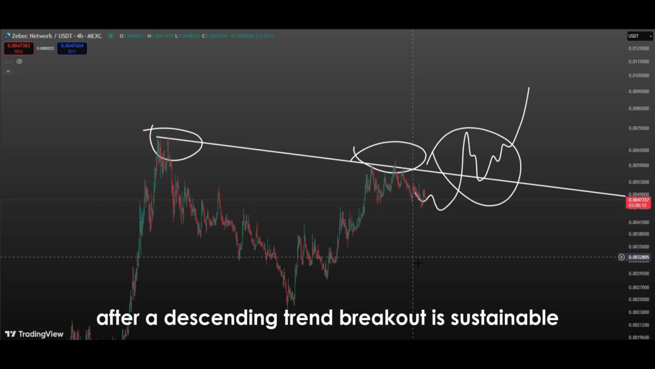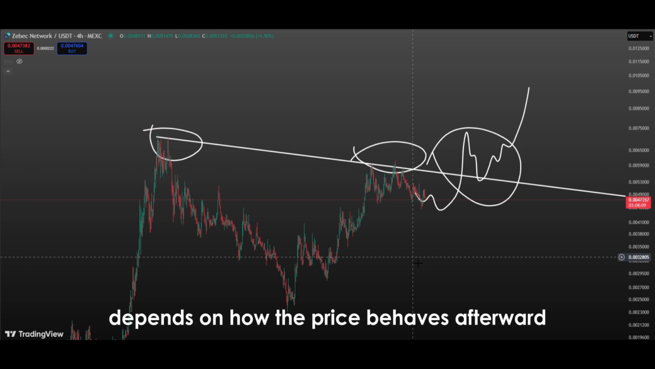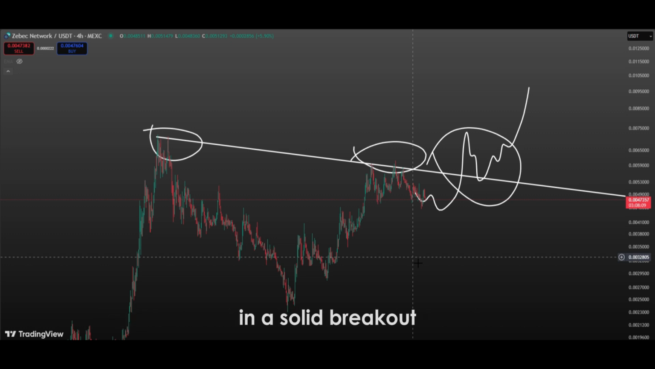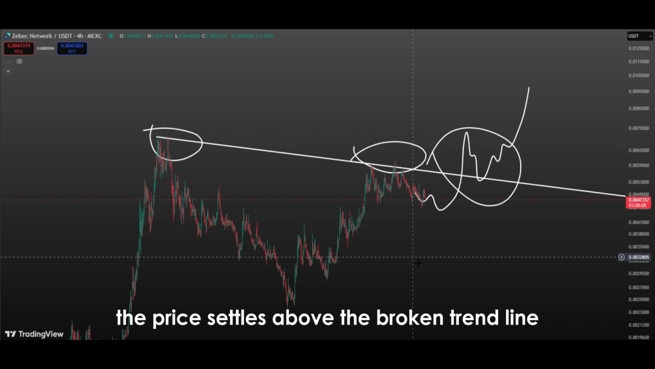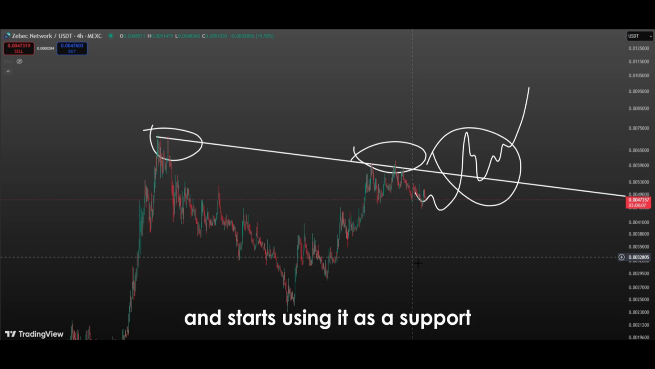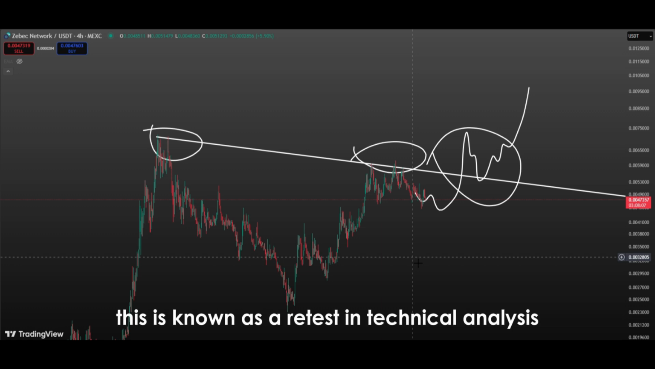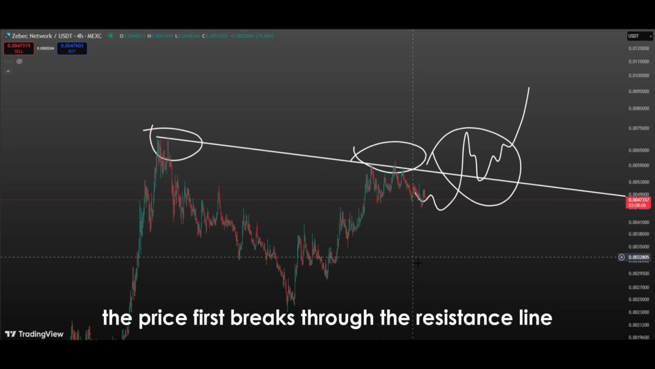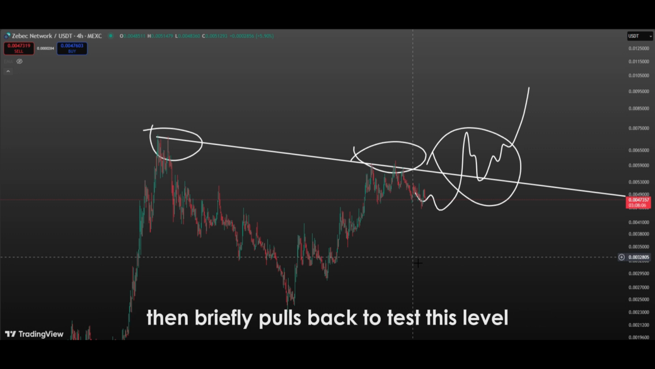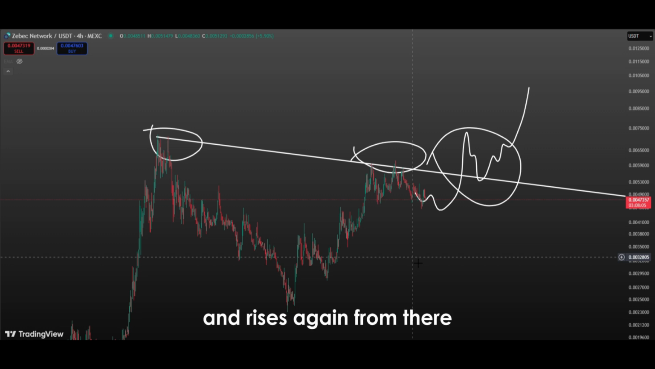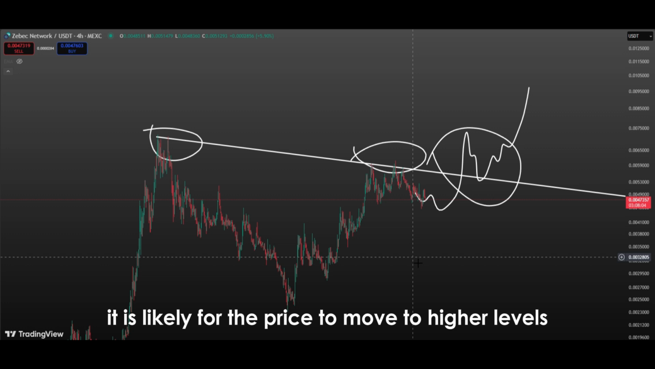Whether a pump after a descending trend breakout is sustainable depends on how the price behaves afterward. In a solid breakout, the price settles above the broken trend line and starts using it as a support. This is known as a retest in technical analysis. The price first breaks through the resistance line, then briefly pulls back to test this level and rises again from there. If strong buying follows the retest, it is likely for the price to move to higher levels and for